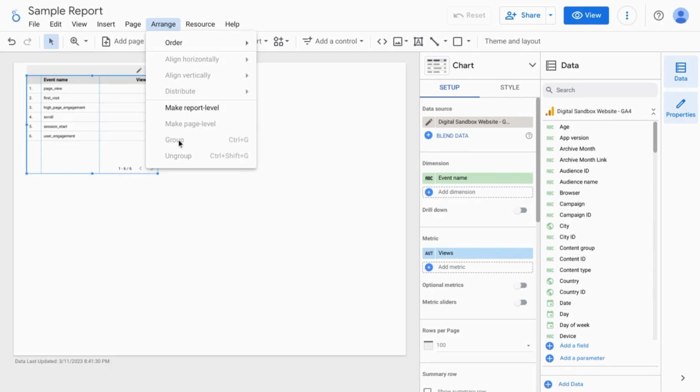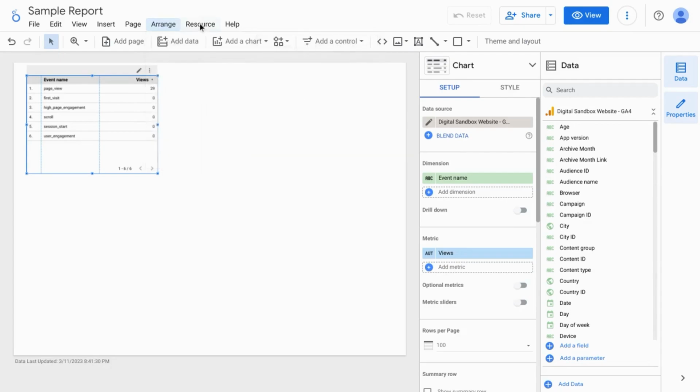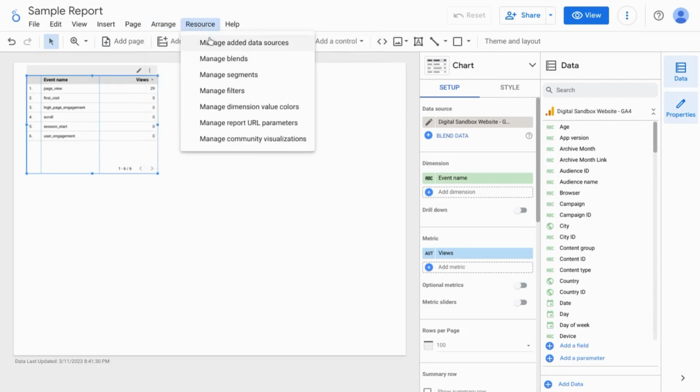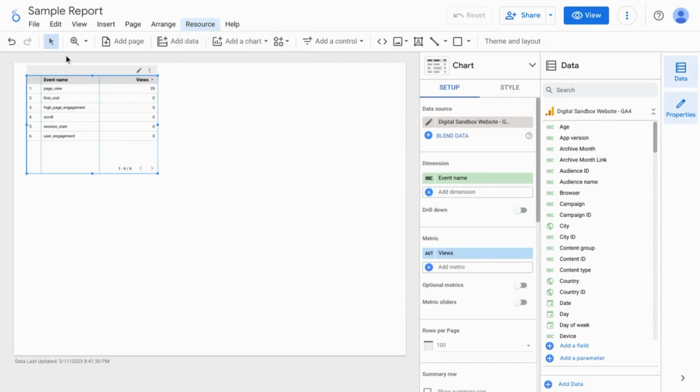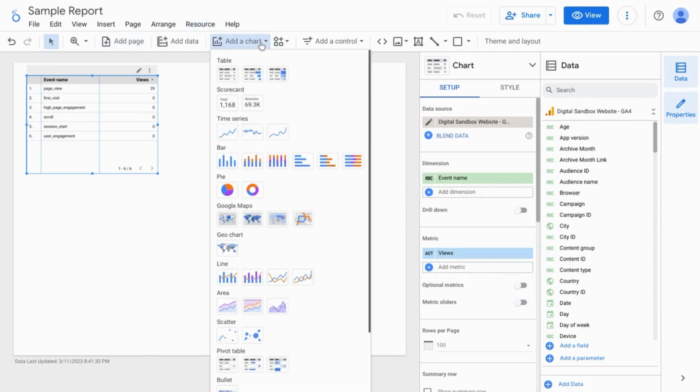And then there's the resource dropdown, where you can manage different data sources, where you can blend different data sources together. You can manage your segments, filters, and other settings for the report. And in the toolbar, there's the undo, redo button. You can zoom, add a page, add data source, add various elements to the chart, including table, scorecard, time series,